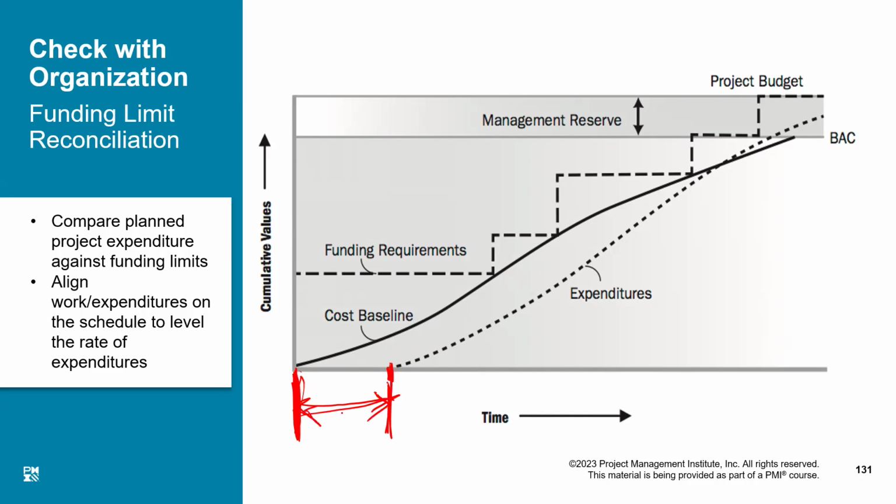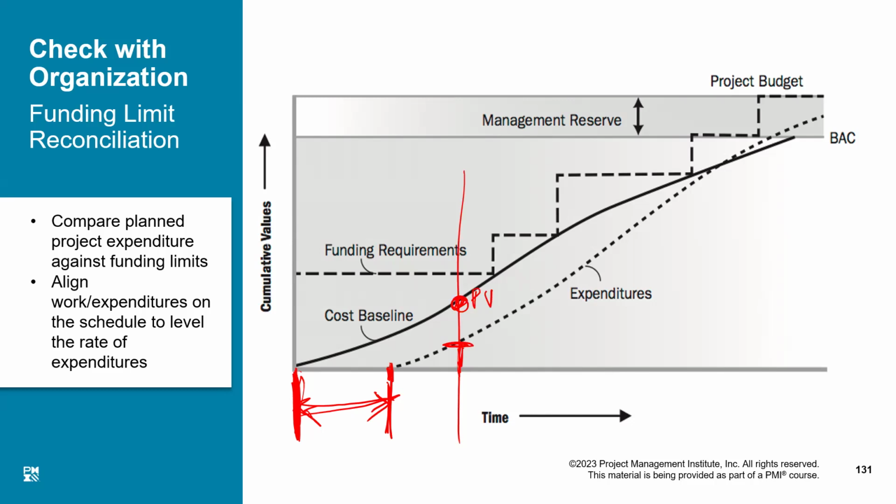Project was delayed by this much time. Okay, if I draw a straight line here, that tells us that according to the plan, we should have spent this much money, but actually the money we have spent is only this much. We are spending less, but at the same time, just the expenditure line does not represent how much work we actually have completed. This just shows how much money we actually have spent so far, right?